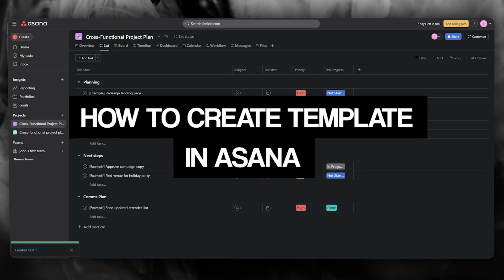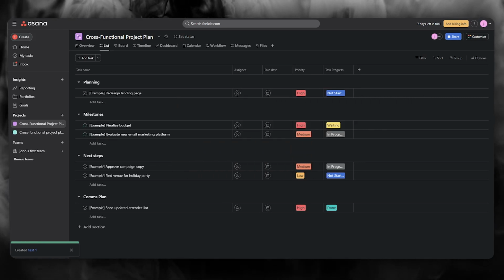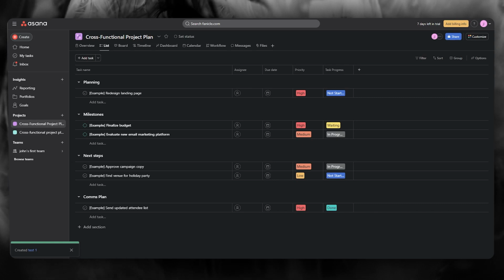How to create template in Asana 2025. In this video, I'm going to be quickly showing you how you can create a template in Asana in